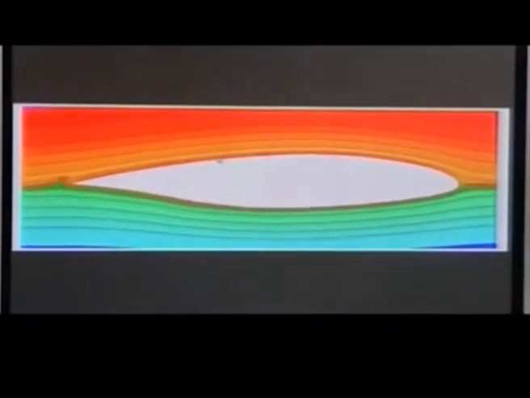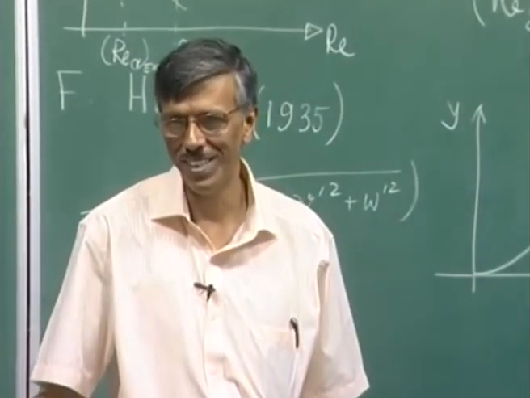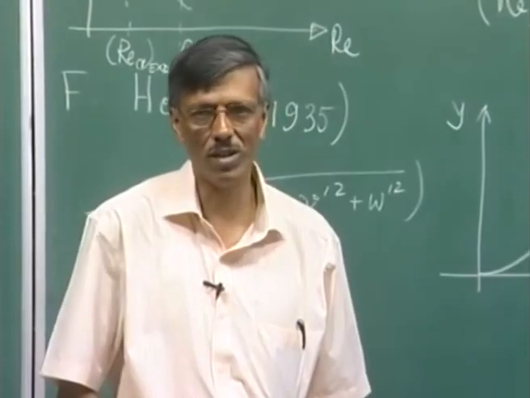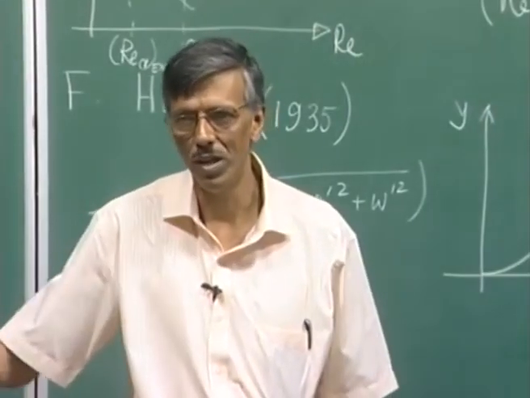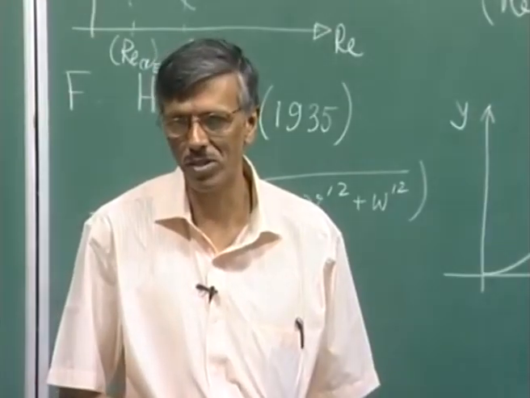This happens because up to this part flow experiences a favorable pressure gradient, and beyond this part flow experiences an adverse pressure gradient. In the favorable pressure gradient region the numerical noise does not do any harm, but the same numerical noise shows this kind of attribute of a bypass mechanism. I will call this a bypass transition.